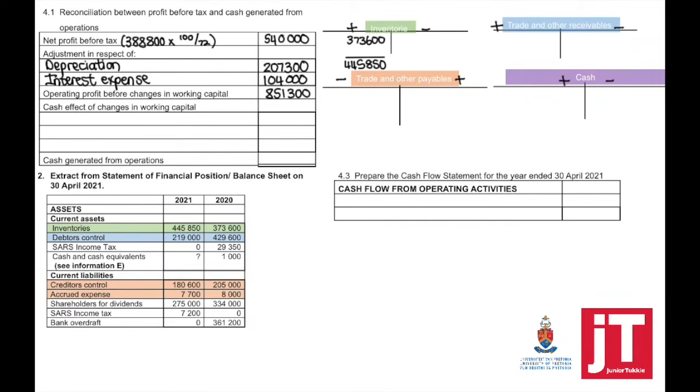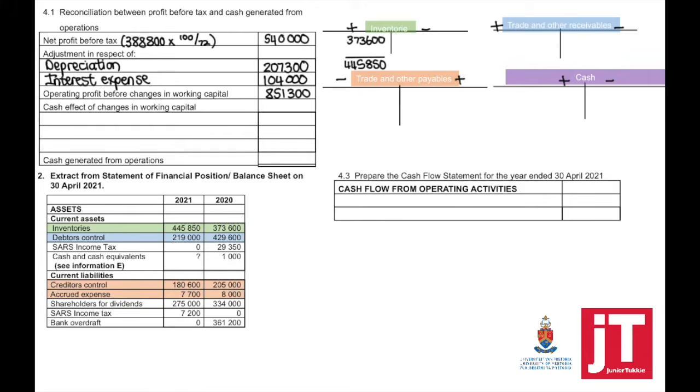Cash effect from changes in working capital. If we look at working capital, we talk about our current assets minus current liabilities. Current assets and current liabilities form part of the balance sheet. Your note number 4, 5, 6, and 8. Note number 9. Make sure that you know your formats. Because if I say to you, everything is included except, you need to know what is that everything which must